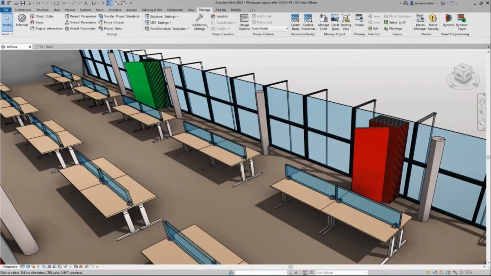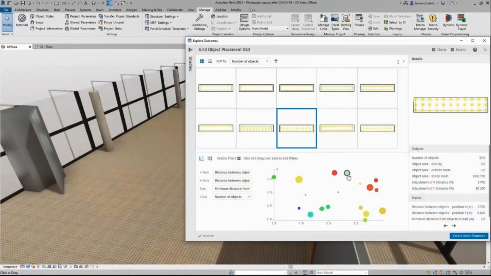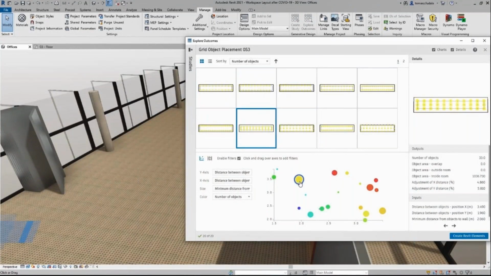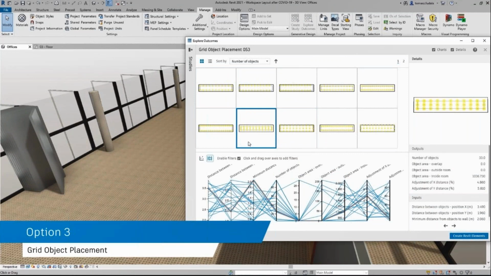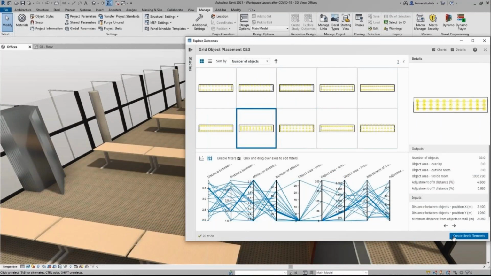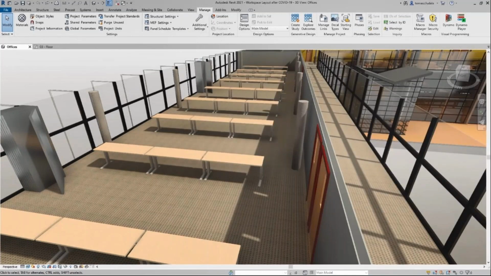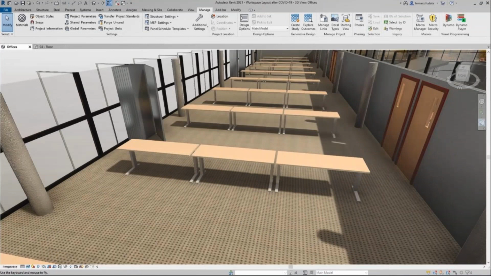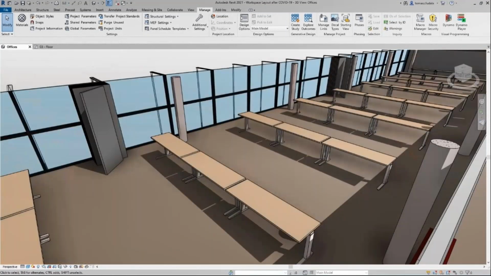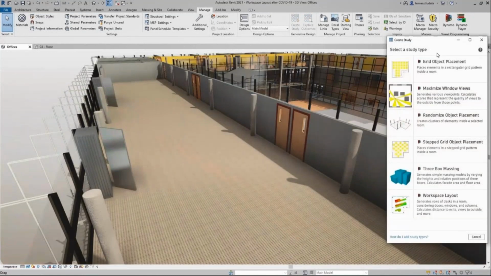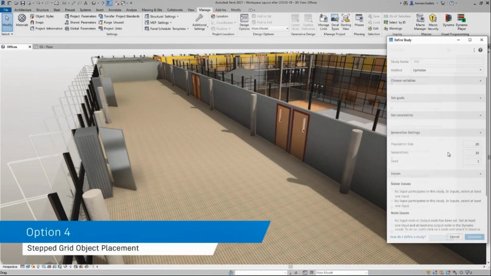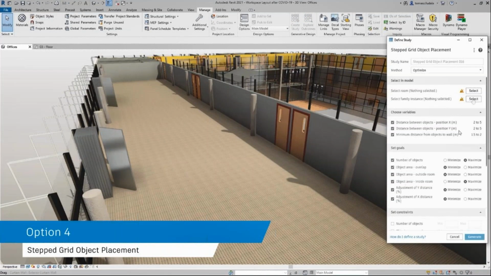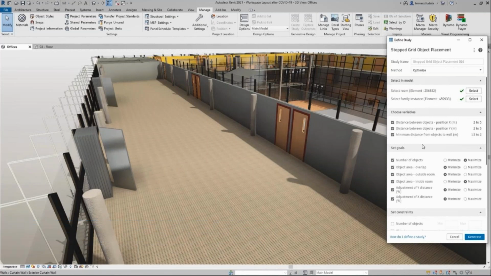But some of them might not meet my requirement, because you could see there was a partition where the layout of that table hinders the opening of that partition. So I might have to re-tweak the entire layout, but then it gives me a different layout altogether. In this particular case, even though the partition issue gets sorted, the adjacency aspect does not meet the physical distancing characteristic.